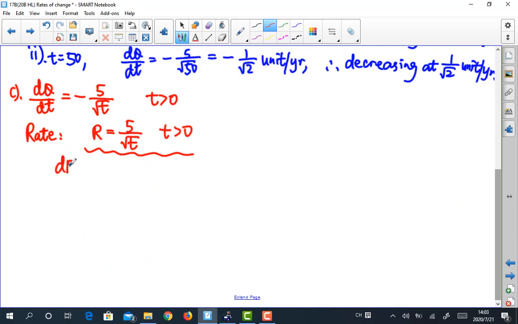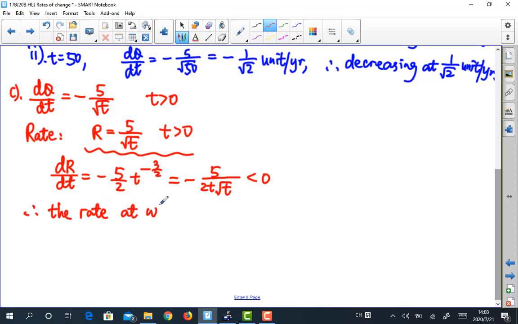So dr over dt will be negative 5 over 2 t to the power of negative 3 over 2, which is negative 5 over 2t square root of t. So when t is greater than 0, this one is positive, this one is positive, but with this negative sign, this is always negative. Therefore, the rate